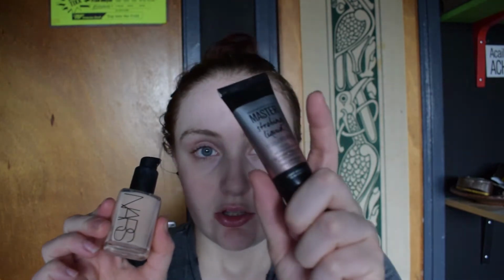So I'm going to try the Strobing in Light Iridescent and the Nars Mont Blanc Sheer Glow foundation, and I'm just going to mix those two together and see what happens. And just start placing it on the face,